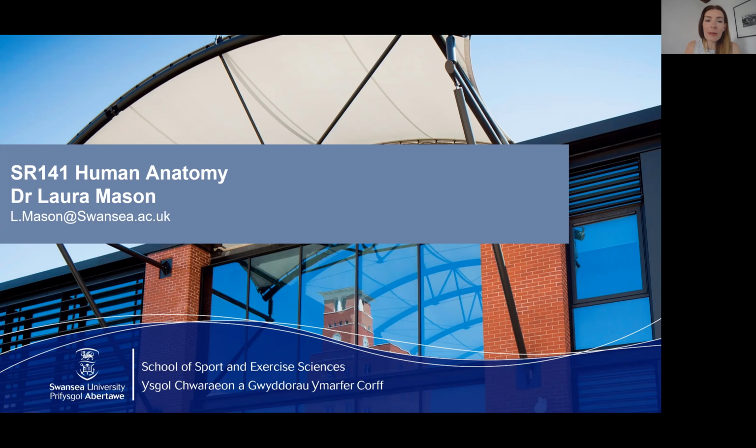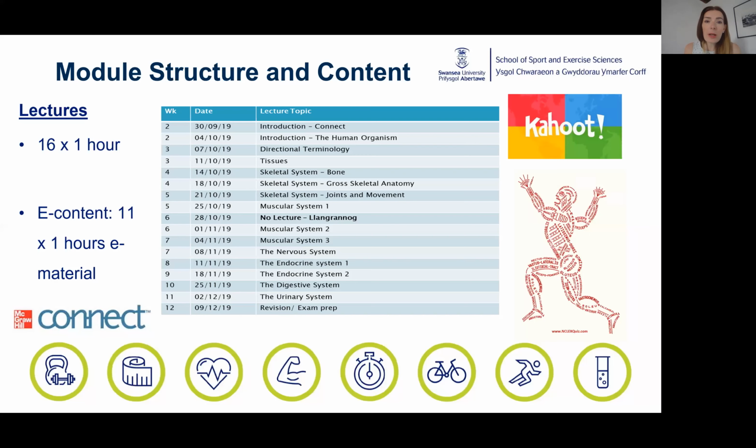I'm just going to tell you a little bit about module SL141, Human Anatomy. So, the module content and structure. There are 16 one-hour lectures on this module. You can see obviously the particular areas covered in the table in the middle, but in addition to this,